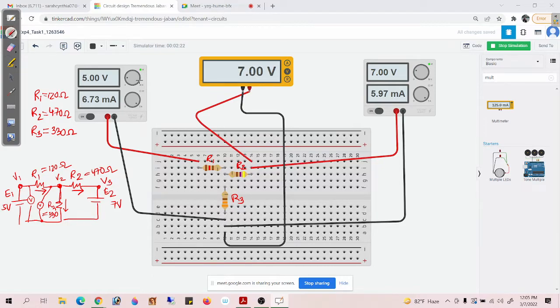V2 was equal to 4.19, so তোমারটা কারেক্ট। আর এটা হচ্ছে V3, যেটা আমি এখন বের করছি, সো it is equal to 7 volts. দেখো এটা আসে কিনা।